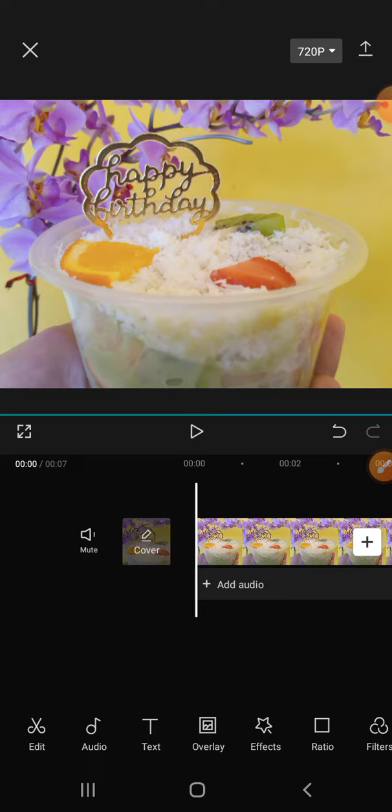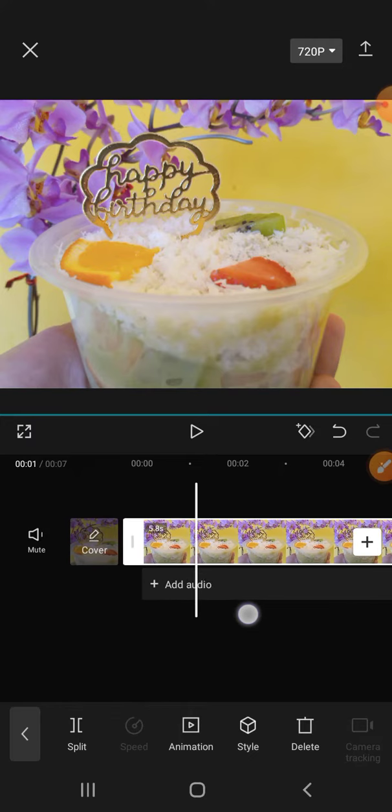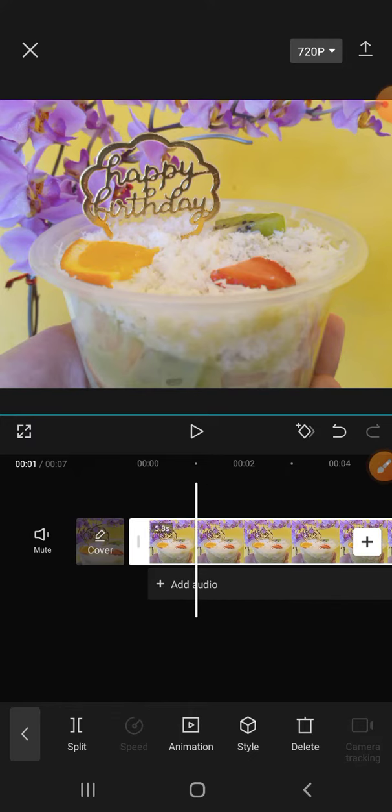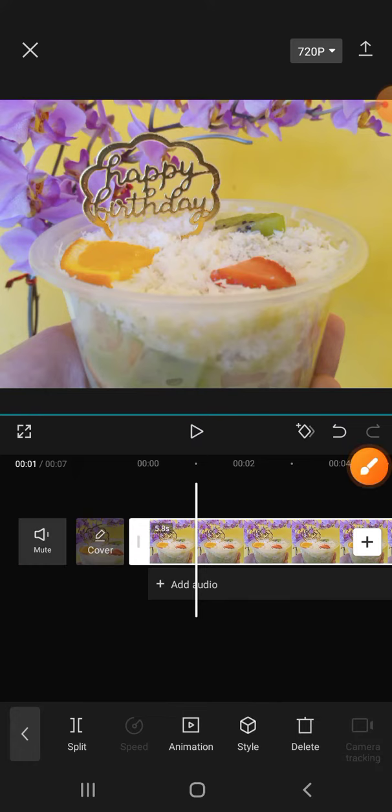Then if you want to add keyframe, what you're gonna do is choose the part of the video or clip that you want to add keyframe. But before it, you have to click on the clip and then choose the part that you want to add keyframe, and then I'm going to choose this part, and then after that we can click on this keyframe feature like this, and I'm going to create like zoom animation to my clip,